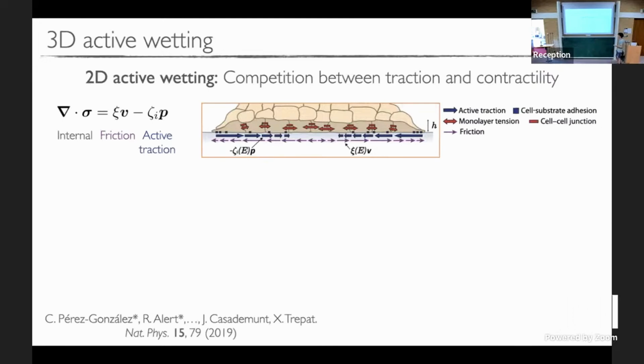Okay. Now, I also need to tell you what the stress tensor is. Here, we also have two ingredients in the stress tensor. One is viscous stresses that emerge from cell-cell friction, and the other is the active contractile stresses of polarized cells that pull on one another. These are precisely the two active forces that compete against each other and define this two-dimensional wetting transition. And so now what we did was to say, okay, if we want to explain durotaxis with this model, we should make some of these forces depend on the stiffness of the substrate. And so